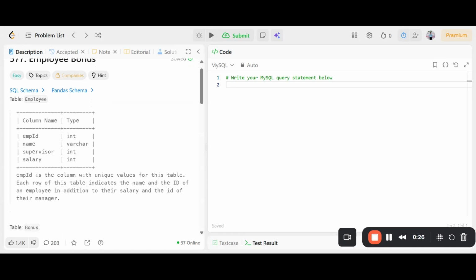In that table, we have 4 columns: employee ID, data type integer, name, varchar, supervisor, and salary. Both have type int. Now employee ID is the column with the unique value of this table. It means for this table employee ID will be our primary key. And each row of this table indicates the name and the ID of the employee with their supervisor